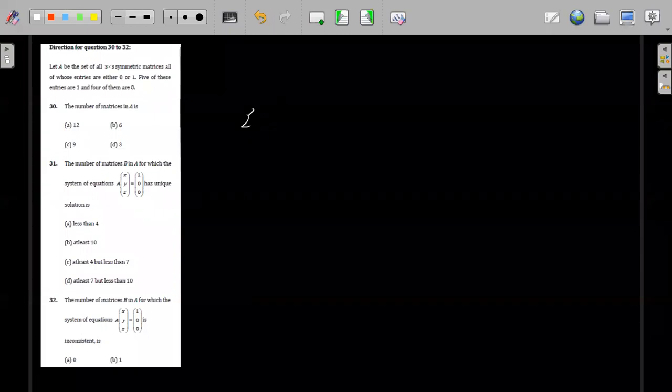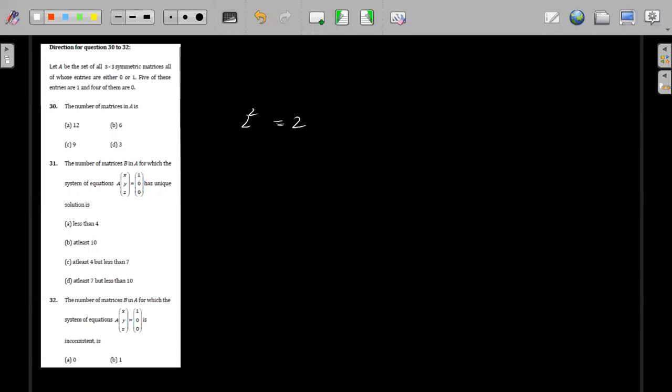Suppose sometimes, in the need of hurry, 2 square we will write as 2. In my board exam I remember, because I was in such a hurry that I wrote 2 square is equal to 2, and because of that I lost one question. So that is only that exam pressure. If you are able to overcome that, then you won't make any silly mistake. You won't make any mistake in the paper.